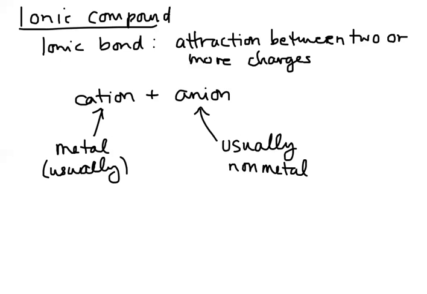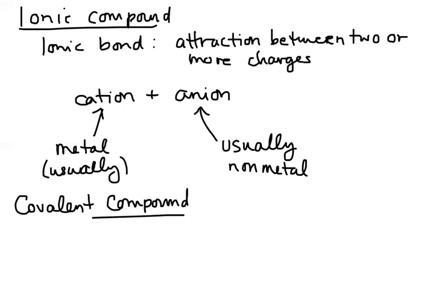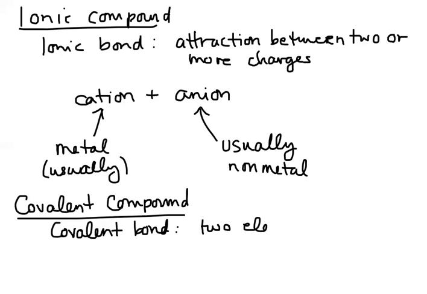But what's important that you know is that you have a positive and a negative charge. A covalent compound, which we are not going to talk about as extensively today, but you do need to know, is, so a covalent bond is where two elements share electrons